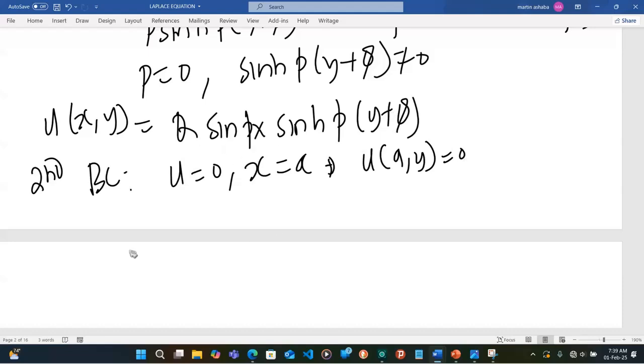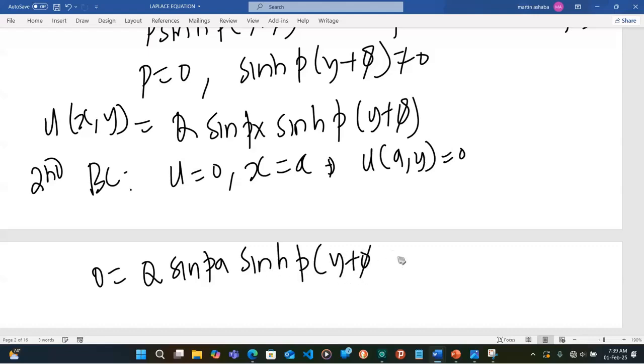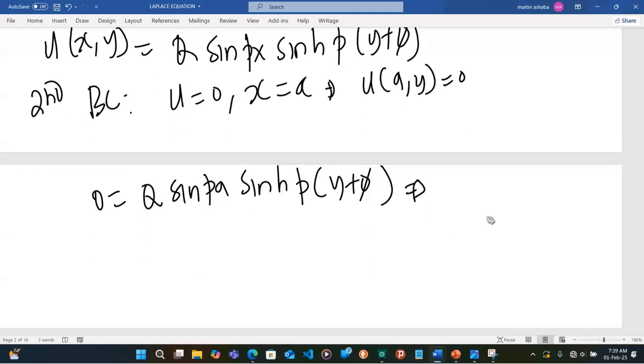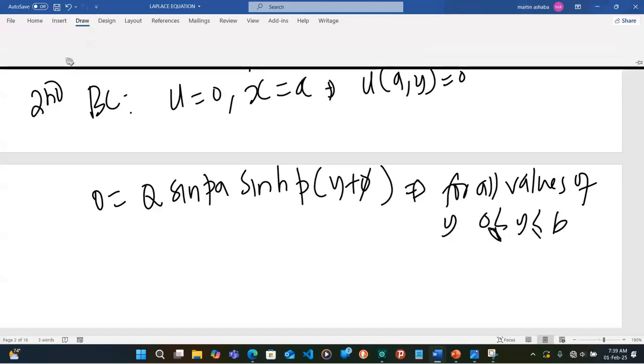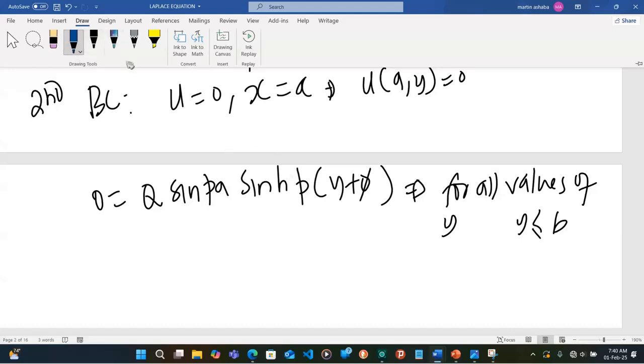This is going to be 0 is equivalent to Q sin pa times the hyperbolic sine p(y + phi). So what does this tell us? We said if this is to hold for all values of y, 0 less than y less than b. Okay? So for all values of y in this range,